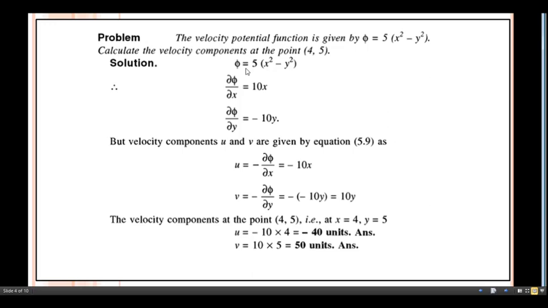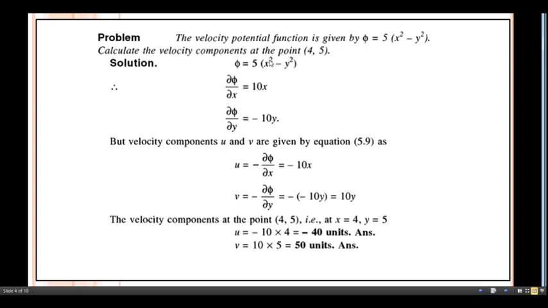From this relation, first of all, get ∂φ/∂x. So differentiate this term with respect to x. What do we get here? π multiplied by 2x. After differentiation of this one, π multiplied by y squared becomes constant if you differentiate with respect to x, so we get 0. In this way, you can get the differentiation of phi with respect to x,